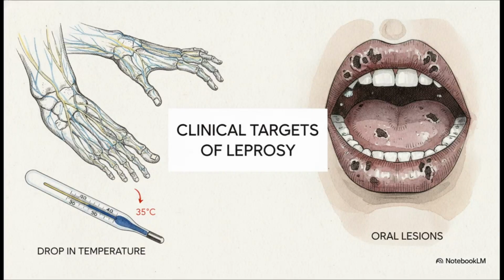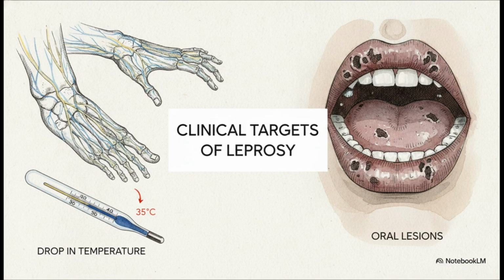Remember how we just said these bacteria love the cold? They thrive below our core body temperature of 37 degrees Celsius. So naturally, they target the coolest parts of the body, our extremities, specifically the skin and peripheral nerves. Patients usually show up with cutaneous erythematous plaques or nodules. And as those bacteria invade the peripheral nerves, they cause deep anesthesia or numbness. Because the patient literally can't feel their extremities, they end up suffering repeated, unnoticed trauma, which leads to severe ulcerations